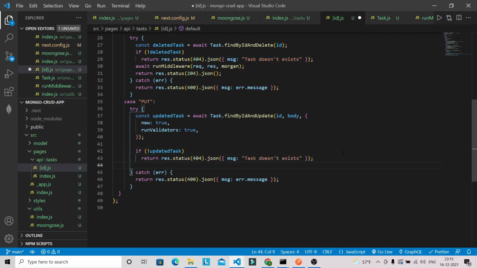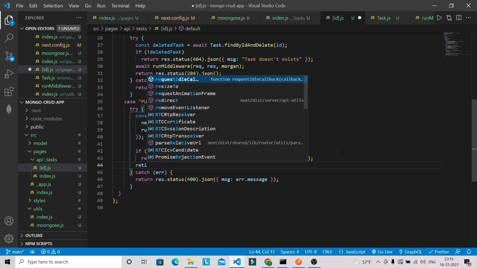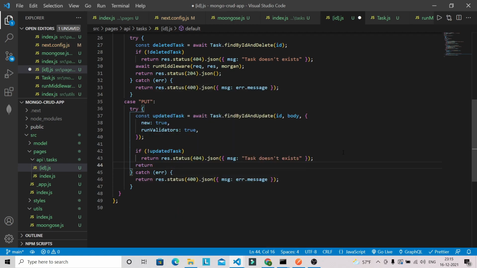Okay, after that we can return a JSON response. So return response.status(200).json, and we can send this updated task.